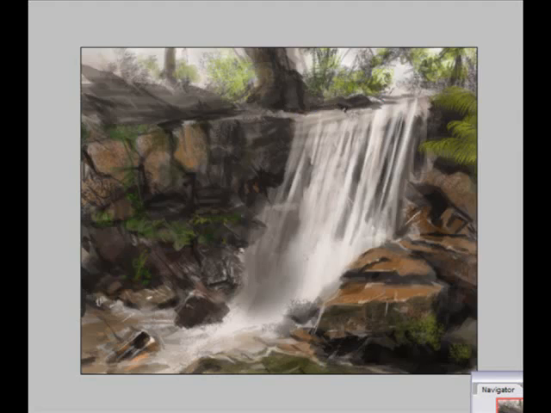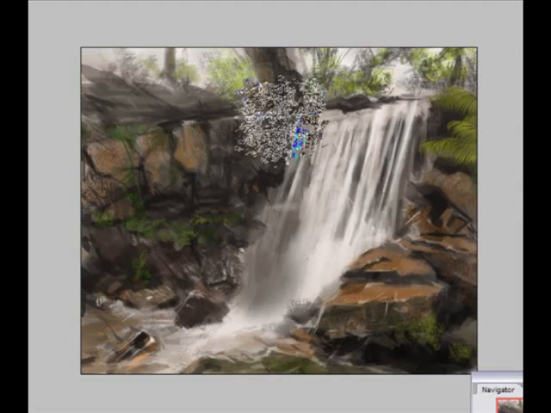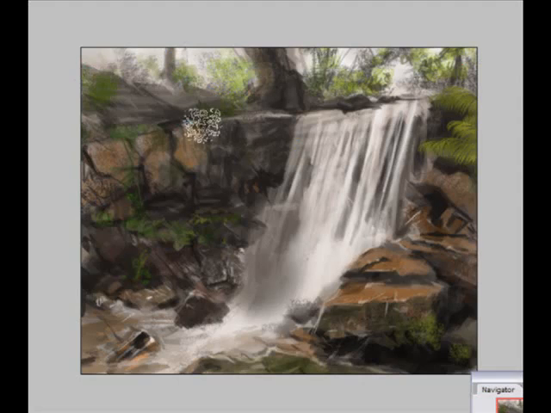If you're going to focus on plantation, then do a bunch of plantation and plant stuff. But this one is going to focus on the waterfall and the rock as a focal point. So now I'm adding a bunch of plantation on the top,